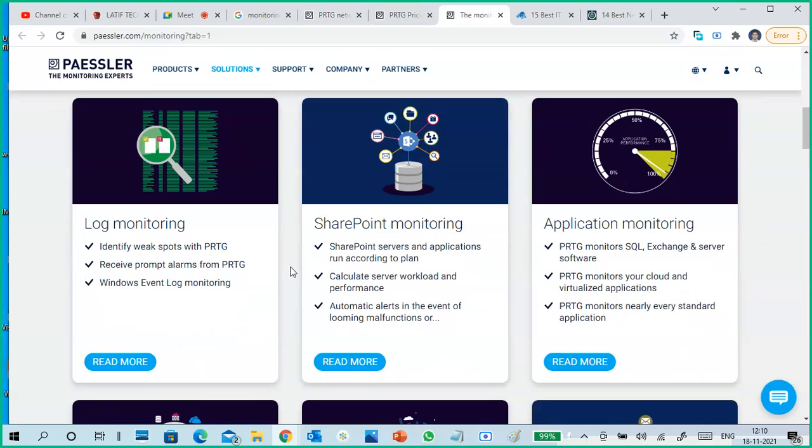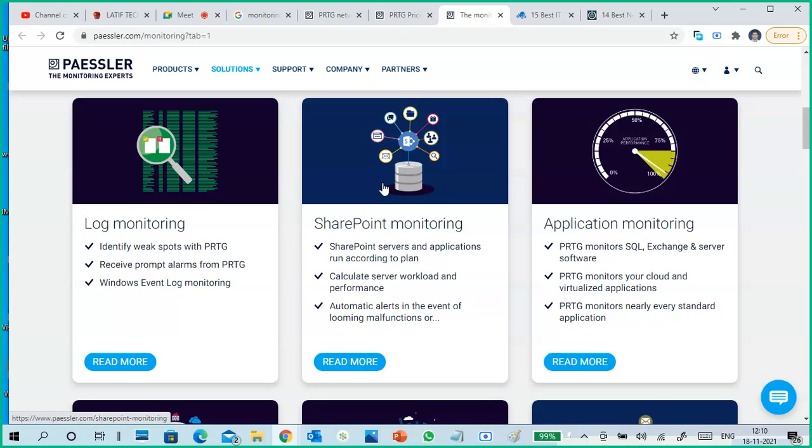Yesterday I showed you event management, right? In Windows, so many logs happen, like login, logout of a user, application access, system changes, disconnections. Everything is a log here, so each log will be monitored.